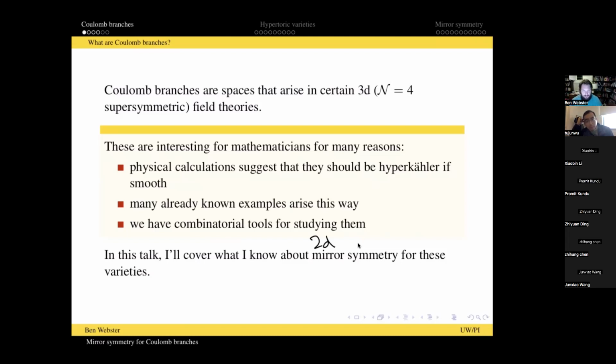From a physical perspective, this is a little unnatural, but it does come up. I've been thinking about it a lot recently, in connection with this work of Mina Aganagic about knot homology, which gives a physical reason that you would be considering this 2D sigma model into the Coulomb branch of the 3D theory, but it's mixing quantum field theories in a slightly strange way.